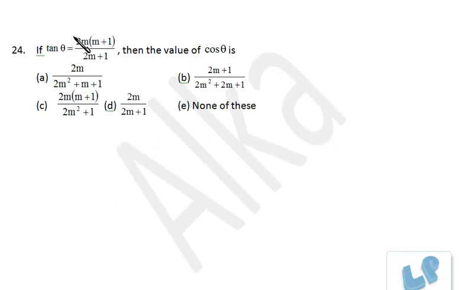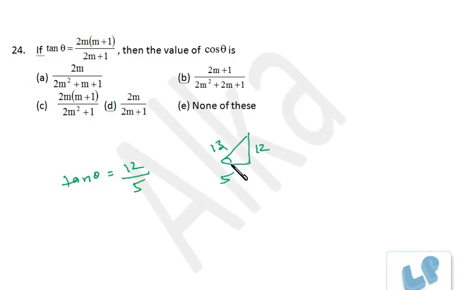Now in this case, tan theta is given, and I have to find out cos theta. For simplicity, you can assume any comfortable value of m. Suppose I choose m as 2. Don't try to choose 0 and 1, because that will lead to a calculation which is not correct once and for all. So just try to choose 2. Now if I put m as 2, what will I be getting? 2 plus 1, 3, 3 2s are 6, 2s are 12. And this is 5. Now this is 12, this is 5, that means this must be 13.